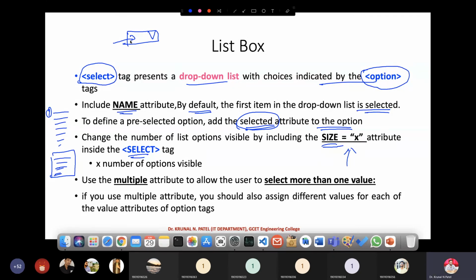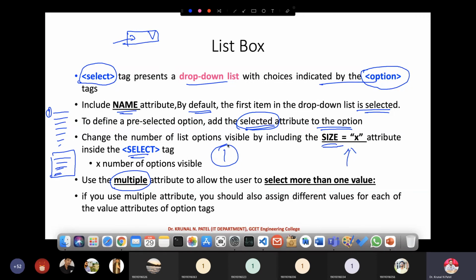Okay. Now use the multiple attribute to allow users to select more than one value. This is another important attribute, guys. By default, you can only select one item. But suppose, as we did, by pressing the Control button I'm selecting more than one item.